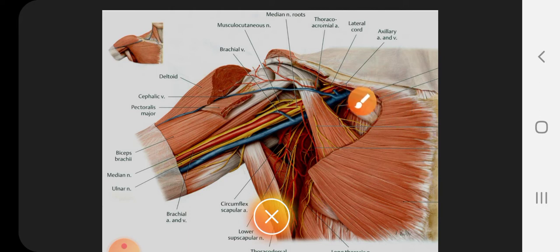So part of this, the yellow colored things are the nerves which go and supply the upper limb. This is the arm and this is the thorax. This is the pectoralis major muscle, pectoralis minor muscle, and this is the arm with the deltoid muscle. The one colored in red is the axillary artery, which continues as the brachial artery, and this one is the axillary vein with the axillary artery. So this together we call the brachial plexus.